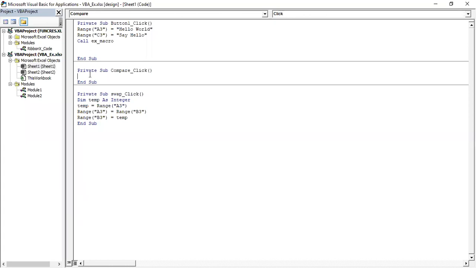So we want to access C1, that is Range of C1, Range of C2 dot Value.